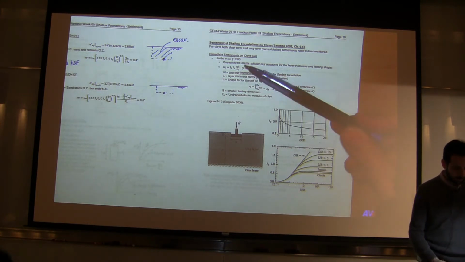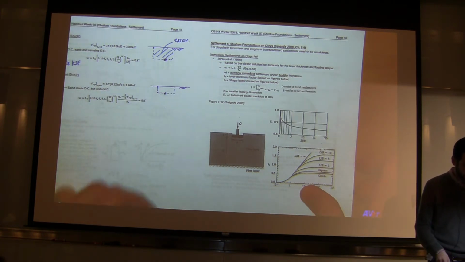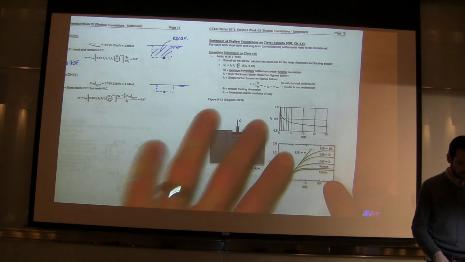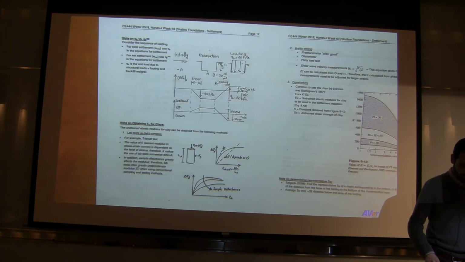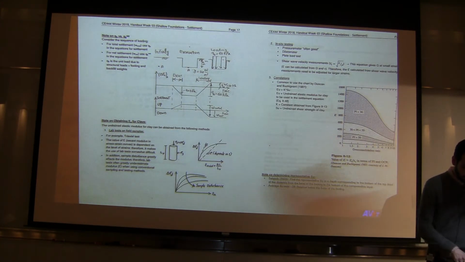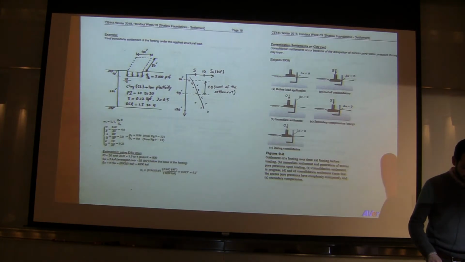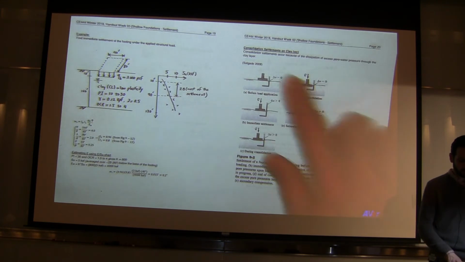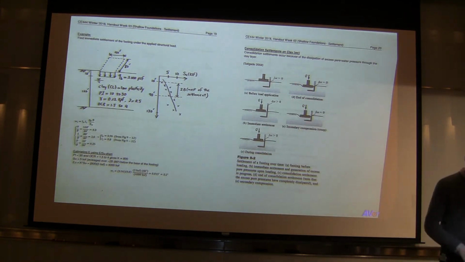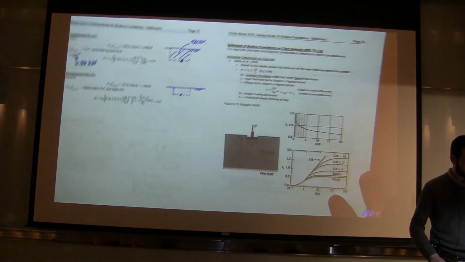The immediate settlements on clays are described on page 16, and I want to very quickly flip through the pages to see where we're going. So page 16 is the immediate settlement on clays, and then if I flip to pages 17 and 18, these are again on immediate settlement on clays. And there's an example on page 19 for immediate settlement on clays. And then on page 20, we start consolidation settlement on clays. So going back to page 16, we have a few pages of the handouts to go through the immediate settlements on